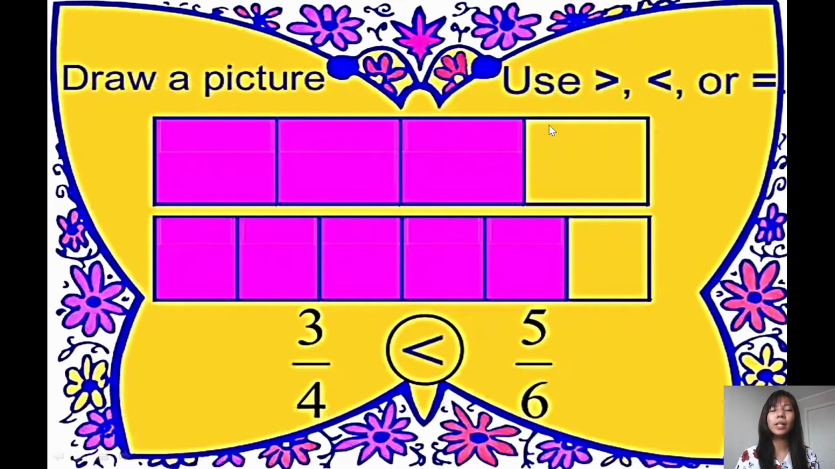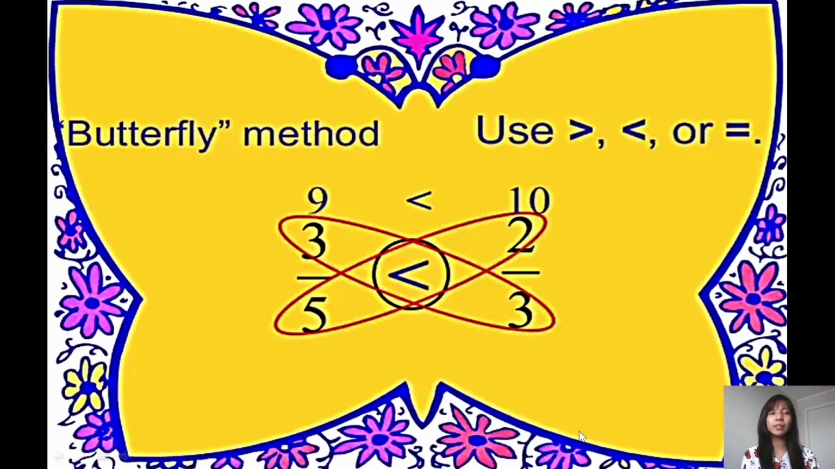Okay. So when you look at the pictures of these two fractions, you will see that the 5/6 picture has a greater shaded part. So you can say that 3/4 is less than 5/6. Okay, you can also use the butterfly method so that you will know which fraction is smaller and which fraction is larger or equal. Okay, so this is called the butterfly method because it